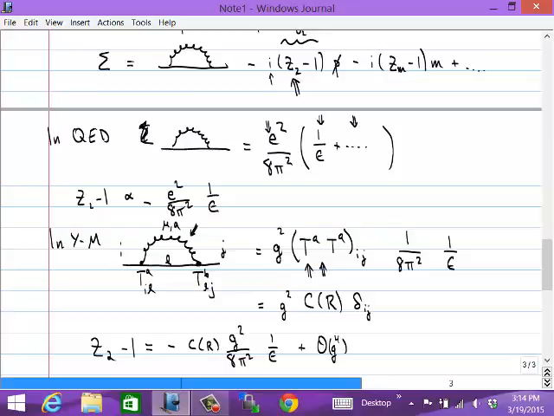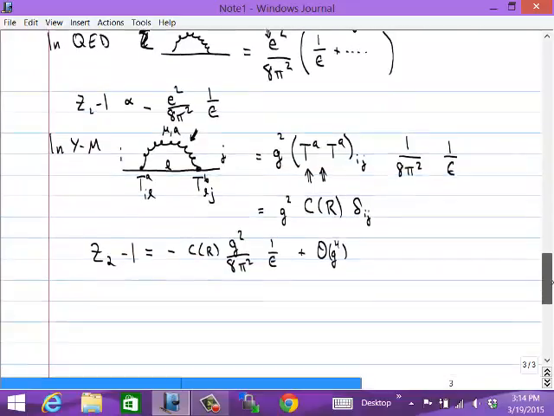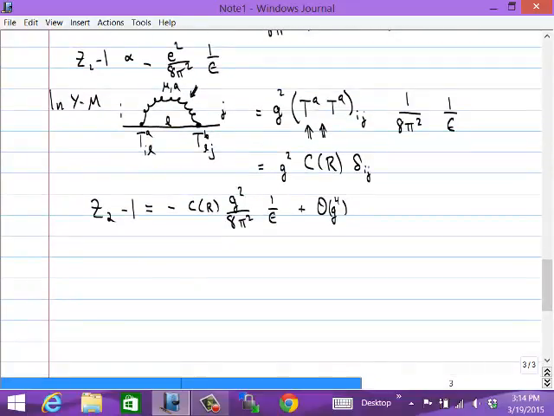I don't want to go through the whole Feynman calculation again, because I feel like at this point you guys are experts in that. So that's the calculation of Z2. And I'd just like to rather quickly sketch out how the calculation proceeds for the other two wave function normalizations. In fact, these are also somewhat straightforward generalizations of calculations that we've already done in QED. So for example, if you want to calculate Z1,